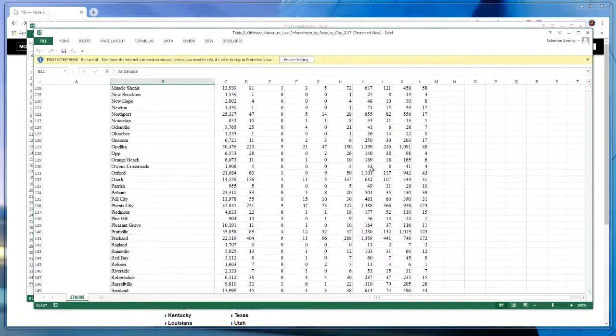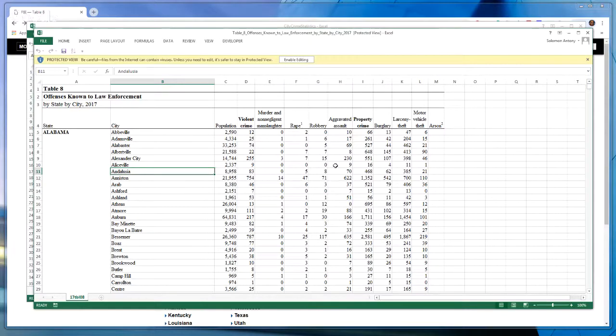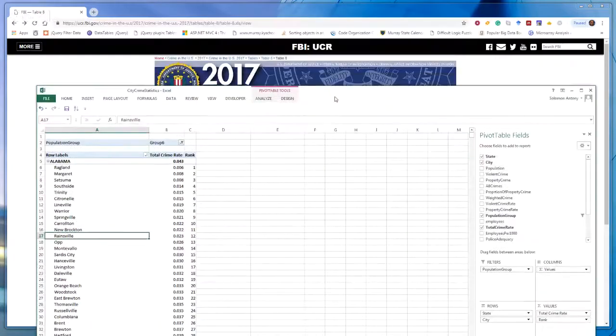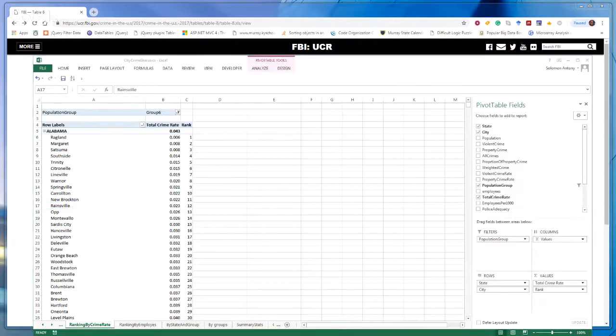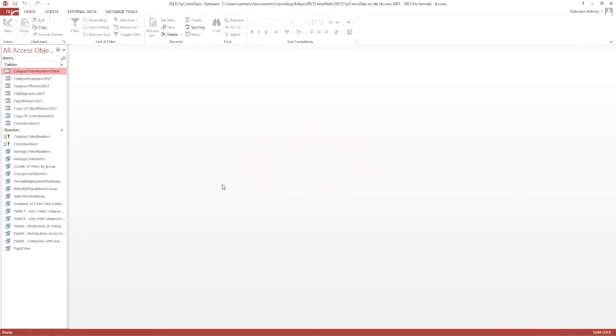And so this data, if you want to do some analysis, you'll probably have to bring it to a data analysis environment. Now, this is not the perfect kind of format for doing data analysis, so you need to do some normalizing of this data. And after having normalized the data, I brought it down to a database system. Let me show you where it is. So we got city offenses 2017.